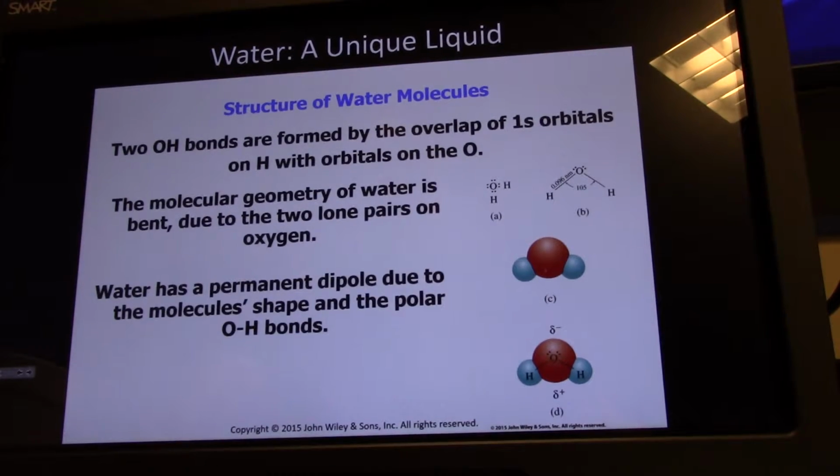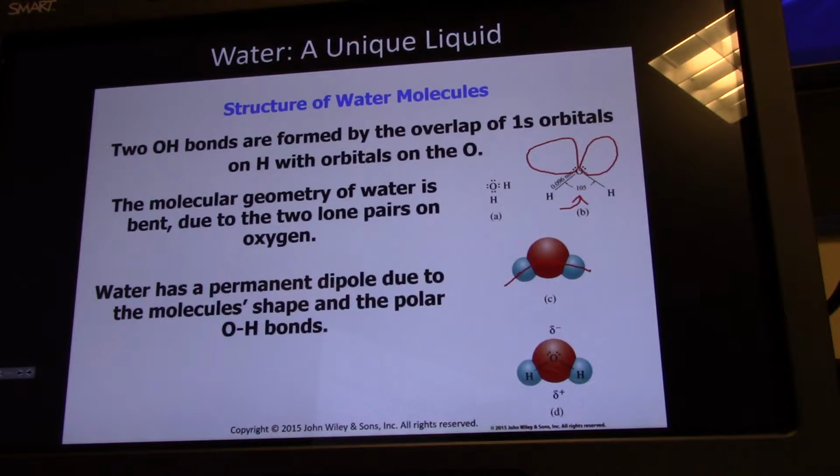So the structure of water. From VSEPR theory, we'd predict that the hydrogens would be 109.5 degrees away from each other. In reality, they're 105 degrees apart. Lone pairs take up a little bit more space than bonds to atoms. And so because there's two lone pairs, these two hydrogens get scrunched together a little bit, and they're about 4.5 degrees closer together than you would have anticipated just from the theory.